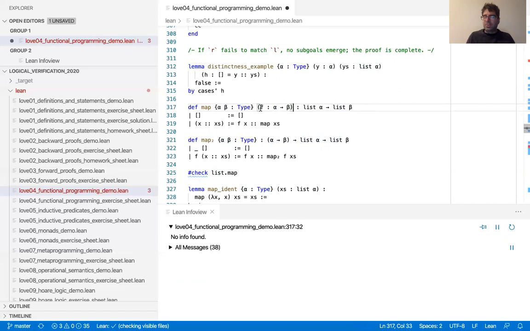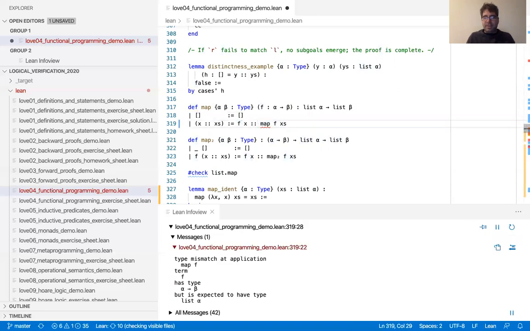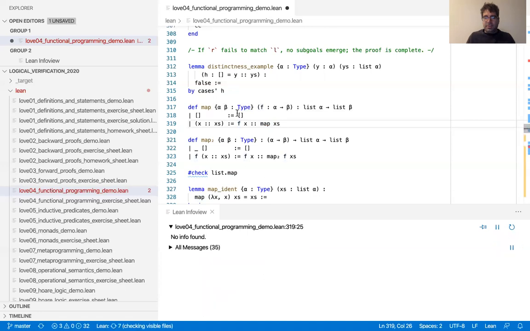So you have a function you want to apply to all elements of the list. You can use map to do that. So for the empty list, it does nothing. And you see for a cons, then it applies the function on the head and it continues recursively. And you see we don't pass f here because f is a parameter. It's on the left-hand side of the colon. So it's fixed for the entire definition. But later when we use map, then we'll need to